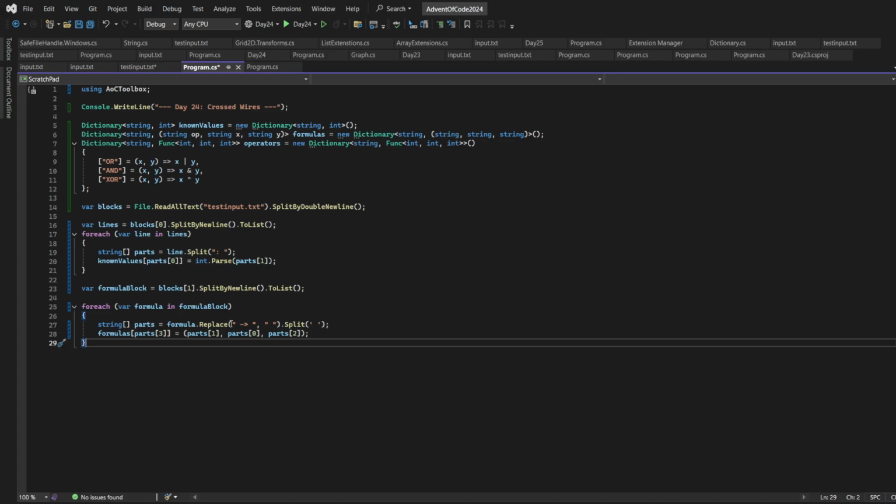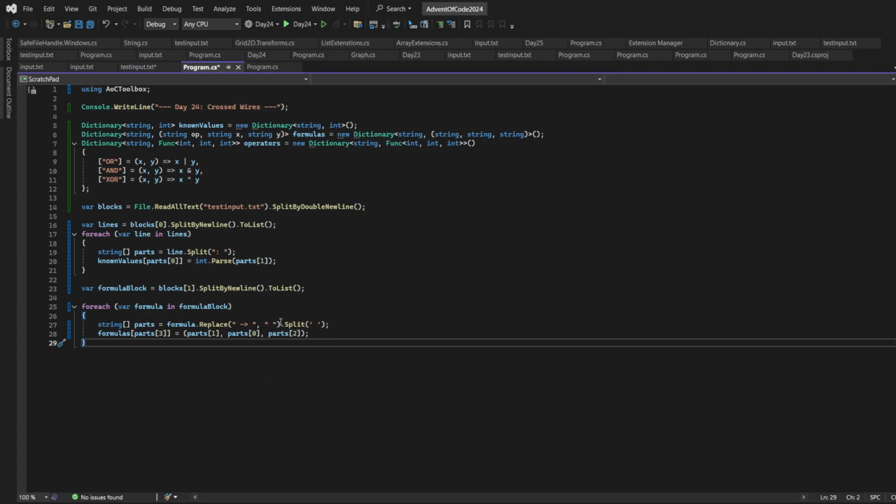And you can see we will replace this sign, so the formula will be in the form where the key will be the wire the formula is directed to. That's because we split them by the blank line,